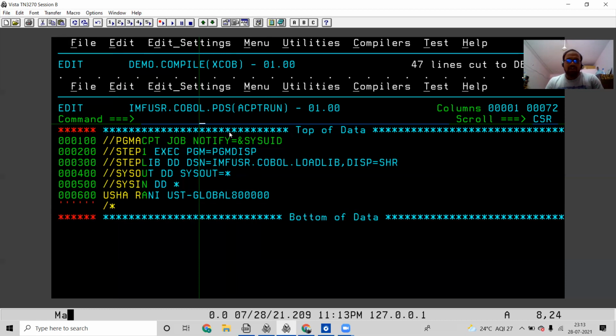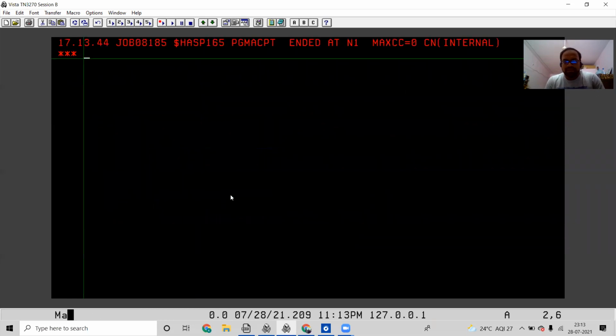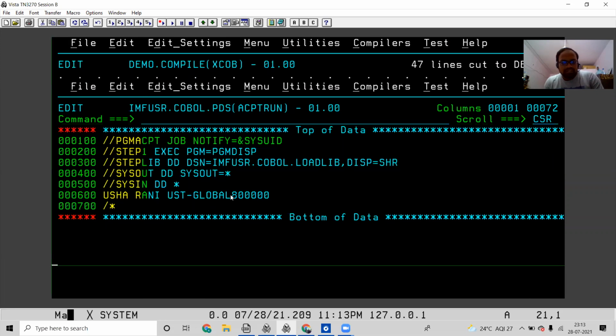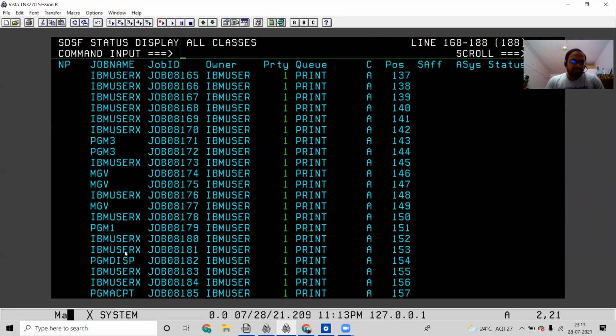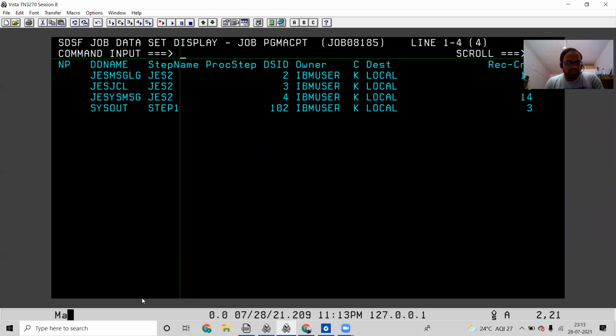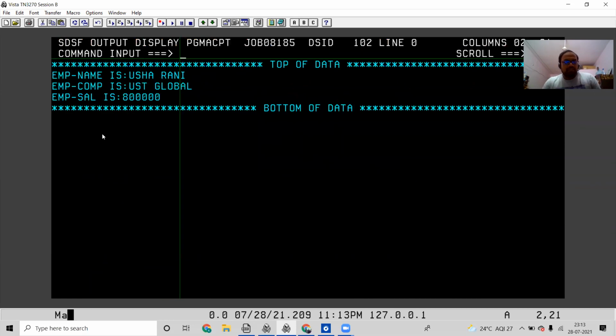Now I have given the data also. Now what I'm doing, I'm passing the data dynamically. In the runtime, if you pass the data, we will call that as dynamic movement of the data. And we can pass the data by using accept statement. Now submit this one. Max is 0. Now let us go to the spool. So PGM accept, and in this let us check. So employee name is Usharani, employee company is USD Global, employee salary is